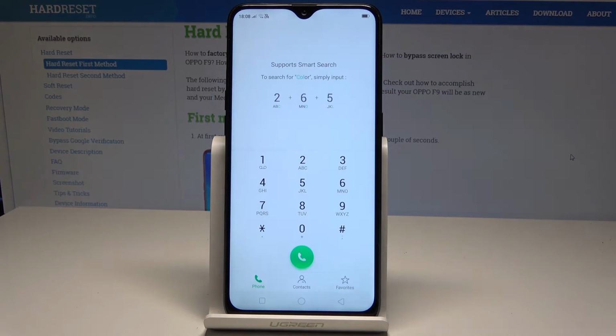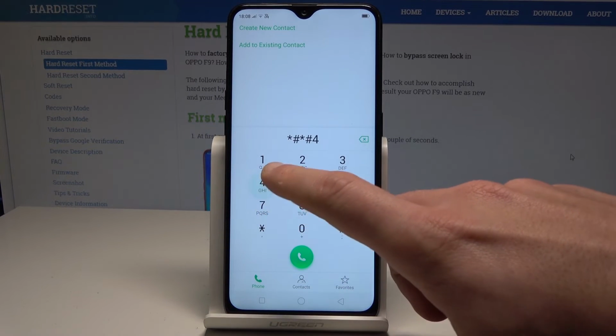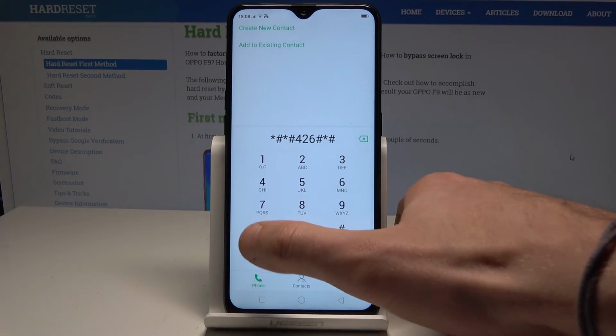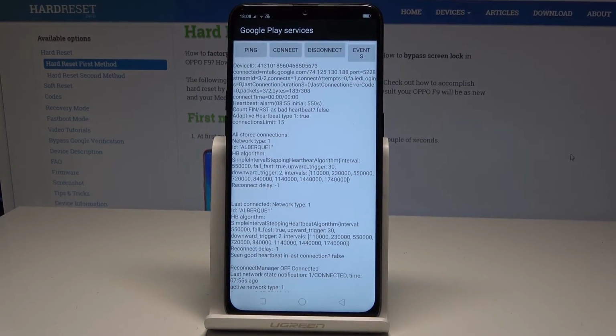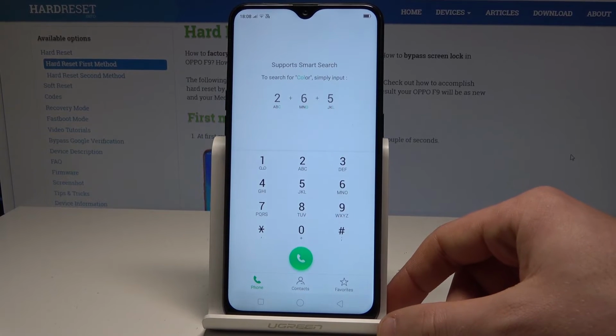Let's go back, and it's time to open the Google Play service. So you have to enter this code *426#**. As you may notice right here, the Google Play service just pops up. Here you can use ping, connect, disconnect, or simply events. Use the back key, and it's time to open the